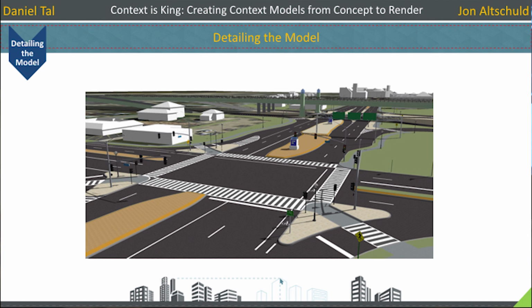So detailing the model. Here's some examples. This is the same exact site we were just looking at. So this is the crosswalk, the crossing signs, the street lights, the pedestrian lights, the monuments. And go back to that for one second. So what? Go ahead. How do you deal with all the structure